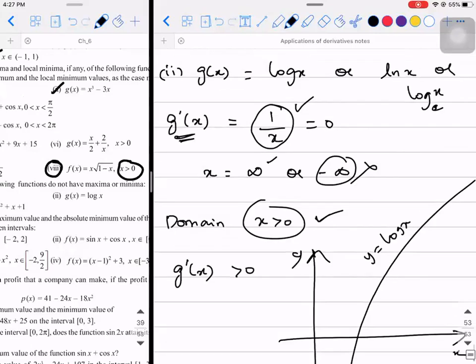See, what is g dash of x? 1 by x. What is the domain of the function? Positive values of x. When I substitute a positive value of x, g dash of x will always give me a positive value. Now go to the second exercise and recollect. What does it say? If a function's derivative is greater than 0 always, it is strictly increasing. That's what I used. Okay. Sir. Okay.